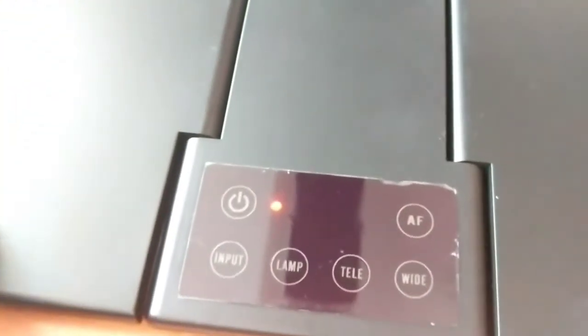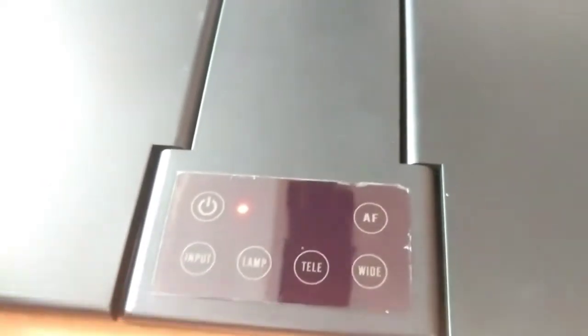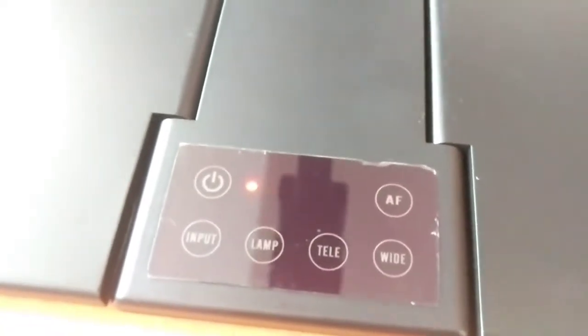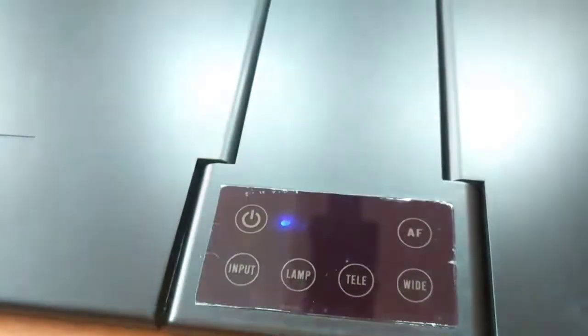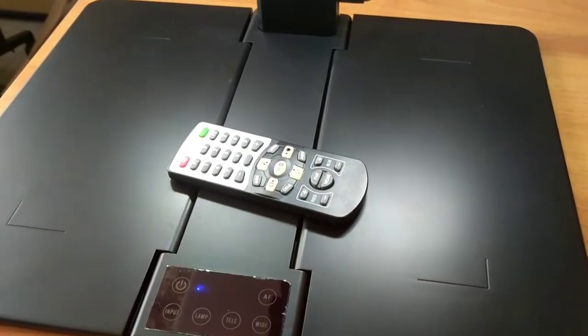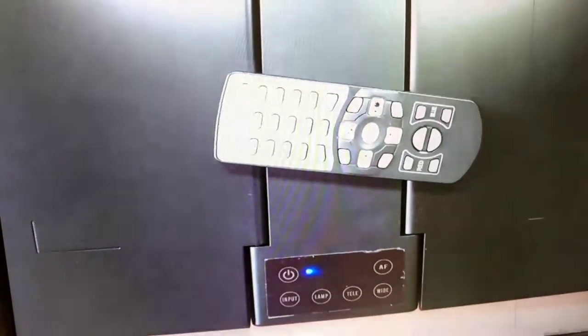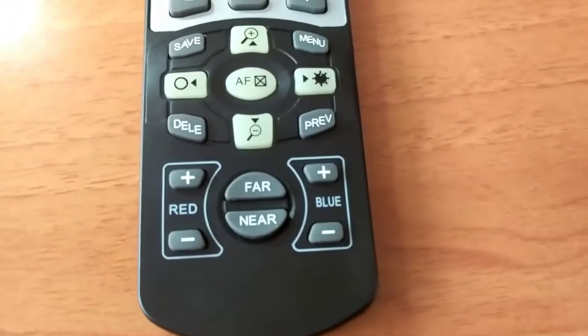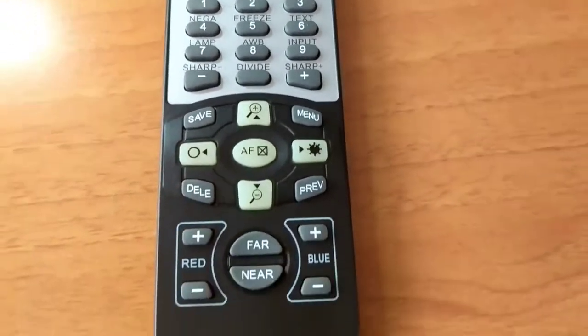On the top it has some initial displays like power, input, lamp, tele and white. There is a manual inside the CD and you can look at that CD manual, and it's just a touch button. Now it is switched on. And suppose if you keep this out there, its autofocus has been done and you can see it big on that monitor, any of the external device. Now all the other functions like black and white, rotate, mirror, freeze, text, whatever it is, are controlled